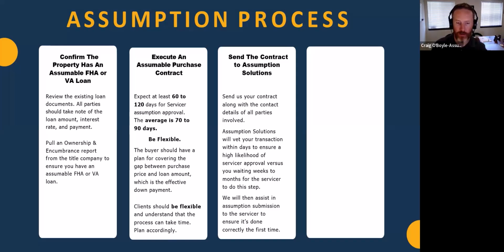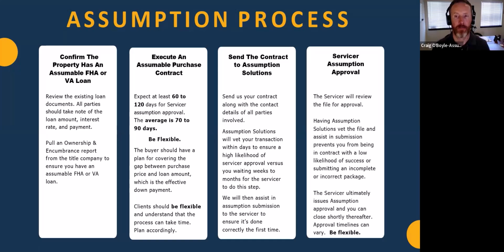And so if you've got a servicer who's getting these done on the quick end, which sometimes we see is 45 to 60 days, you could turn that 45 to 60 day quick end into 70, 90 or more, just because you're not familiar with what you're doing. You don't have a knowledge base in dealing in this world, whereas we're doing it all the time. But ultimately, when we submit this package, it goes in for servicer assumption approval, because they are the decision makers here. Now, you've had us vet the file, right?